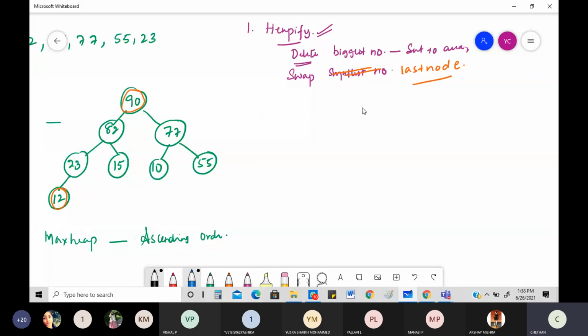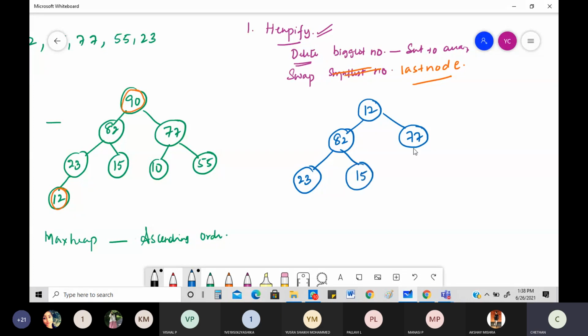The next thing that is going to happen here is the 12 will be coming right here. You will be having 82 right here and 77 here. On this side you will be having 23, here it will be 15, and here it will be 10, 55. This is what you get.